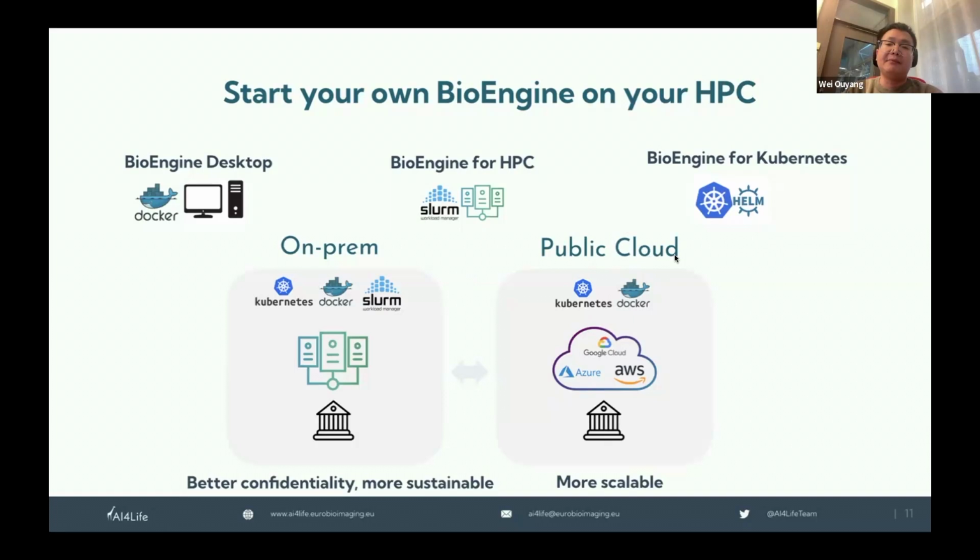The other part is the public cloud. We have been testing different ones. For example, Google Cloud is the one we are using to serve the Bioimage Model Zoo website. But we are also looking into working with different partners, for example, EOSC and EOSC-Life. They have this Kubernetes cluster. We are working with the portal, so you can easily launch a BioEngine through their